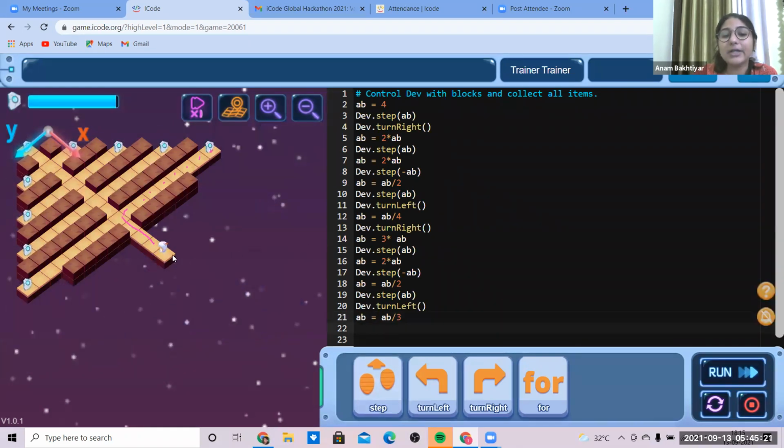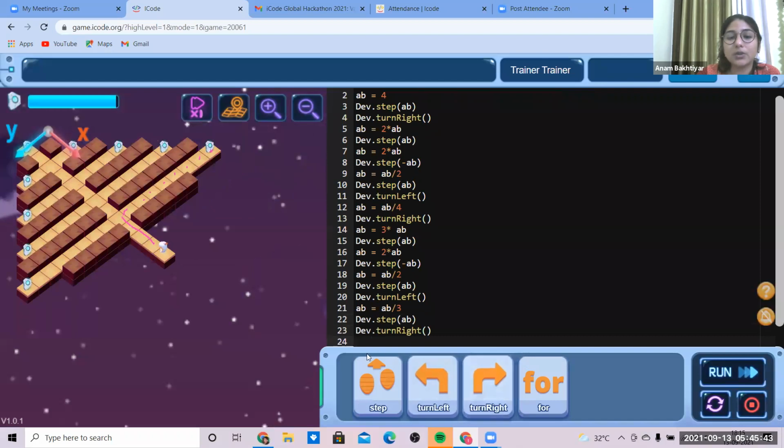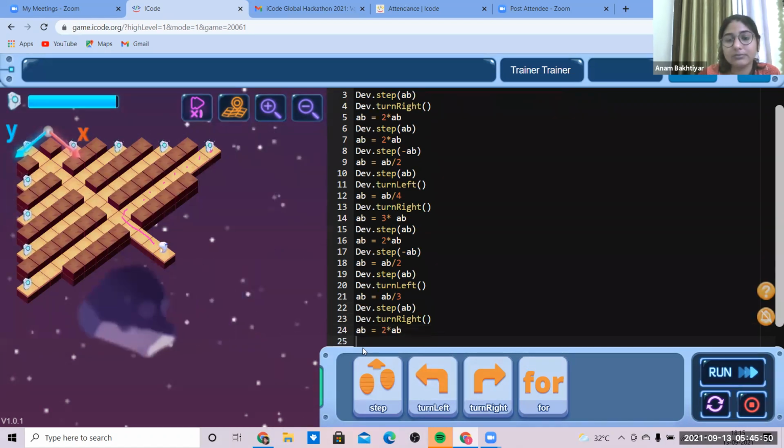So they will be taking 2 steps. Then they will be turning towards the right again. It has to take how many steps now? 4 steps. Now AB is equal to 2 into AB. So the step is AB.